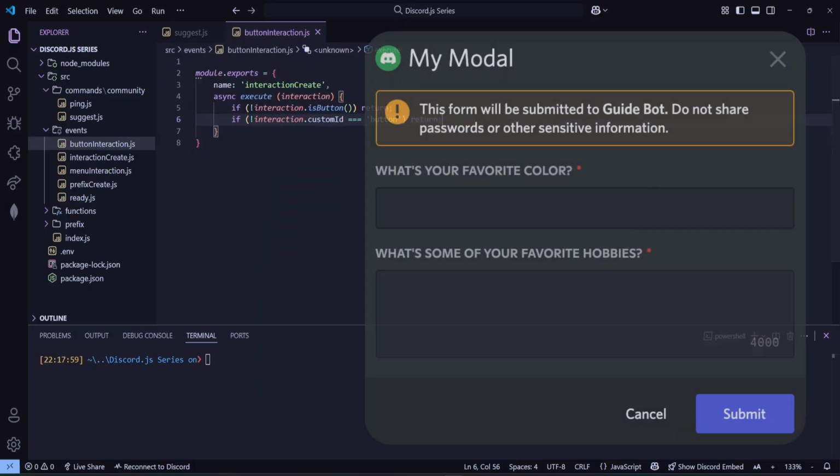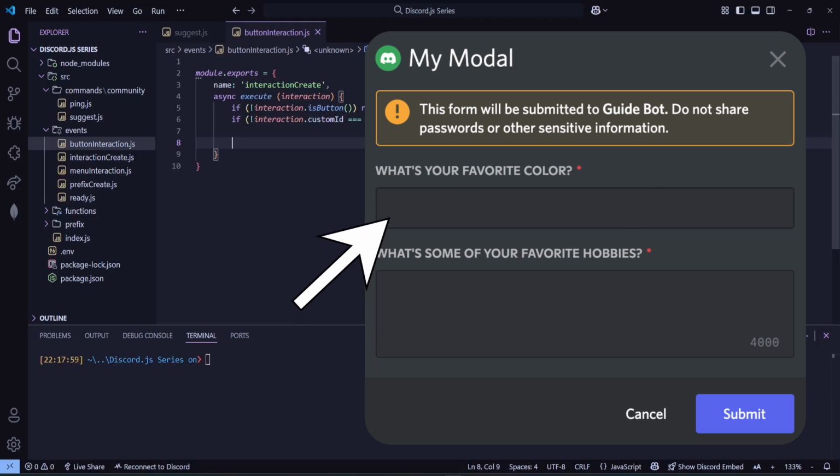So we call this our full modal. My modal title is written here, and the text written below is called text input builders. We have two types of text input builder: one is short text, and the other is paragraph. The difference is that if we need long inputs from the user, we use the second one, which is paragraph